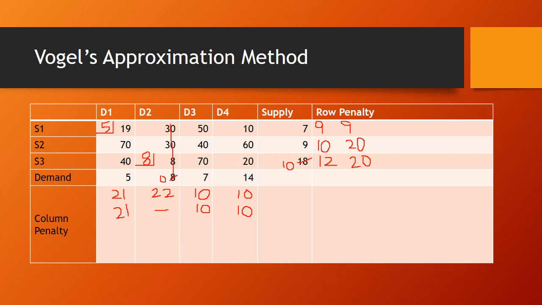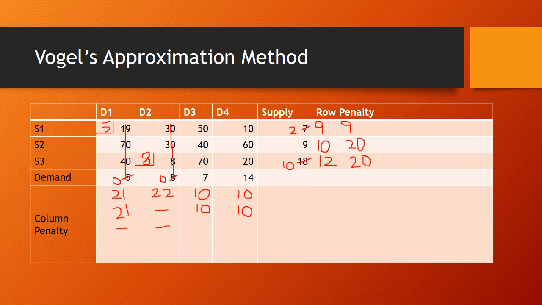Okay, I hope all of you know allocation from the previous two methods. If you are not familiar with how to do the allocation, please watch the previous two methods first, which were northwest corner and least cost method, then come to this. So the demand has been met, it came out to be 0 and here it can now supply 2 because 5 it has already supplied. Demand of this D1 has been met, so we will cut this and again write the penalties. This has been already met, so there is nothing.